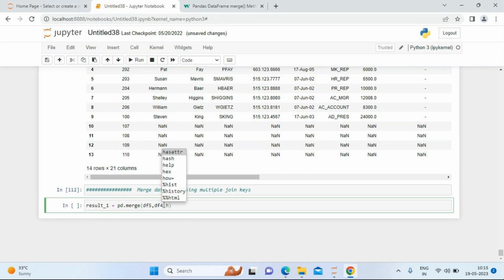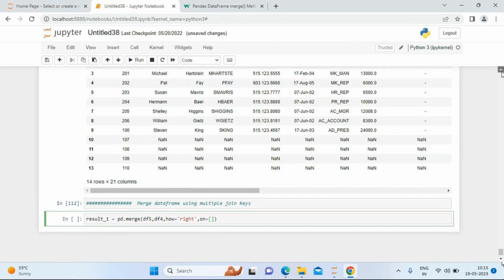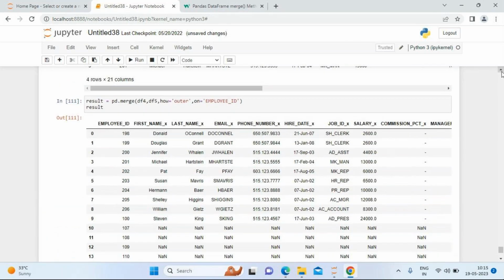Now I'm going to take a how attribute, and I'm going to perform a right join. Then the on attribute: in that I'm going to pass multiple keys. I'm going to take employee ID and